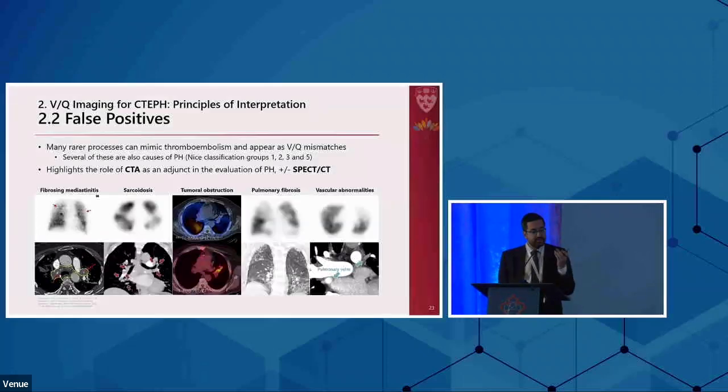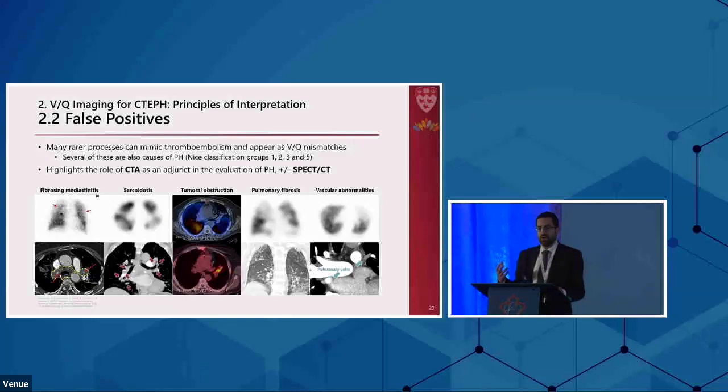So false positives, remember these patients can have multiple other reasons for pulmonary hypertension, many of which can cause abnormalities on VQ scan, such as fibrosing mediastinitis and sarcoidosis. Many interstitial lung diseases classically cause a lot of defects. That's why it's very important to look not only at our VQ scan, but also at the CT that's often done, or if you do a VQ SPECT CT, if there's any abnormalities that can explain your perfusion